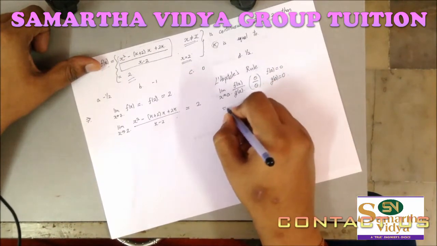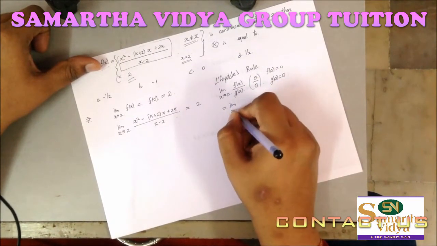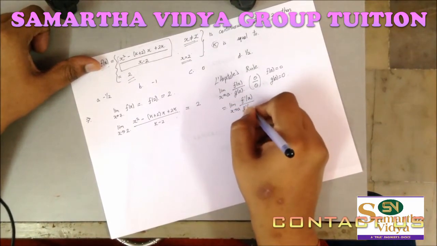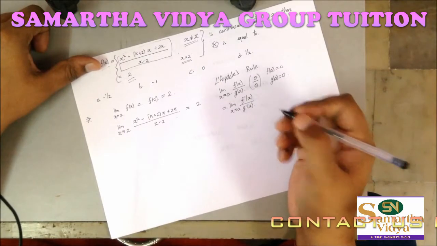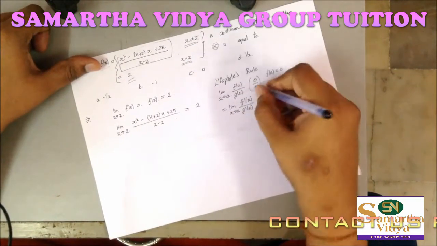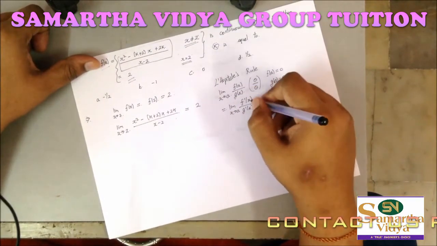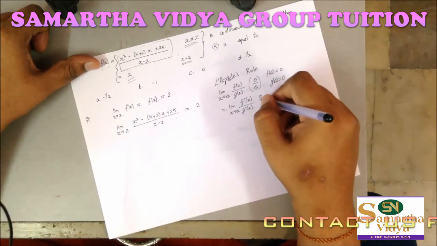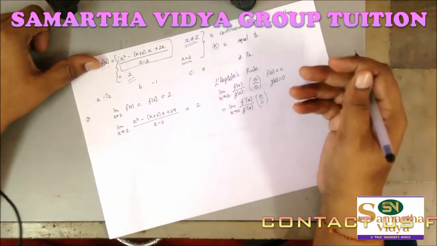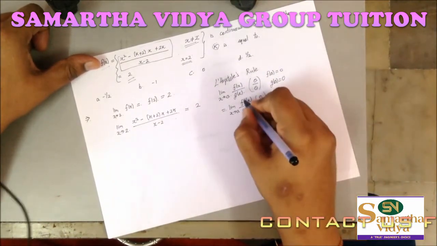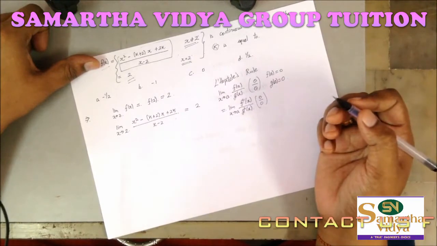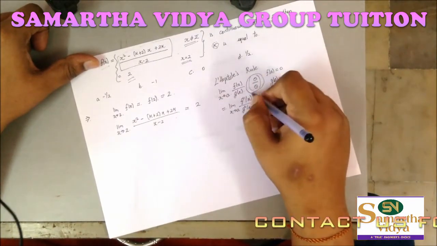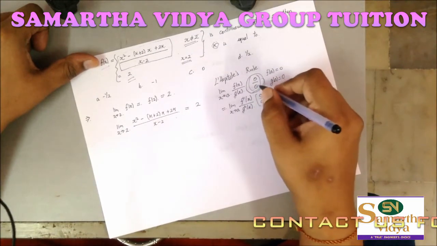So what the rule states is that this limit will be equal to limit x tends to a of f dash of x upon g dash of x. That's what the rule is. Now this can go continuously, like if I again substitute a instead of x, and I again get a 0 by 0, then I can again apply this particular rule. That means it becomes double derivative, and so on it will go on continuing. So the only thing which you have to remember is that it should be of the form 0 by 0.